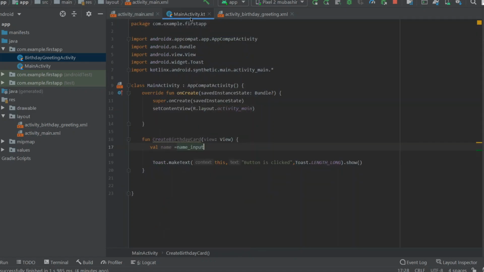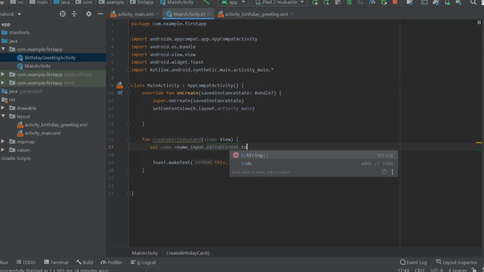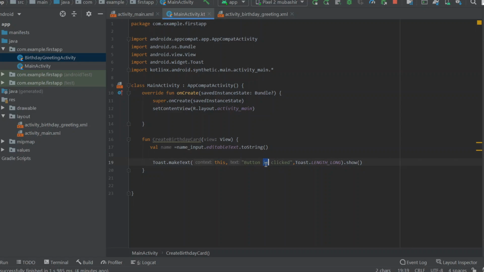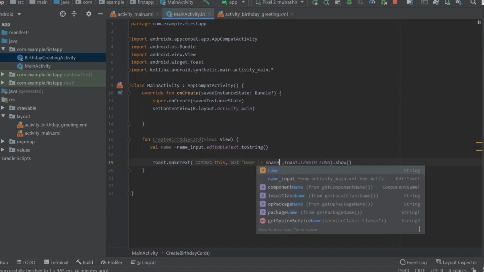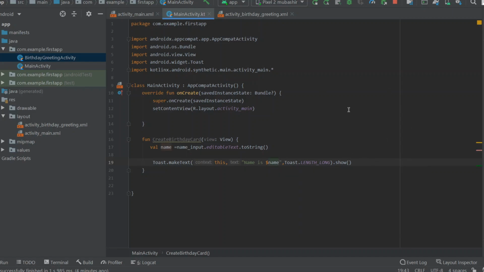From this I need to extract the editable text to string, and here let me change this. Name is, in Kotlin we define this as dollar symbol and name.